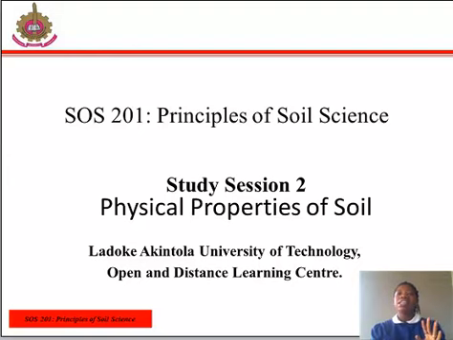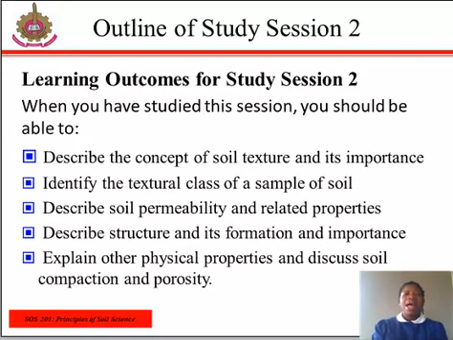So it is necessary that persons dealing with soil, in any moisture retention capacity, plasticity, ease of penetration by roots or compaction, have knowledge of physical concepts, which will enable the user of soil to know how to alter these properties to an advantage. At the end of this study section, you should be able to describe the concept of soil